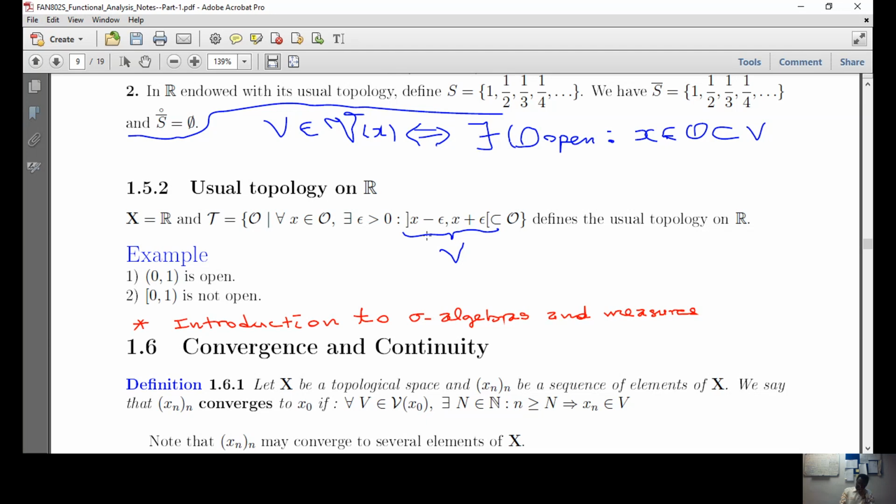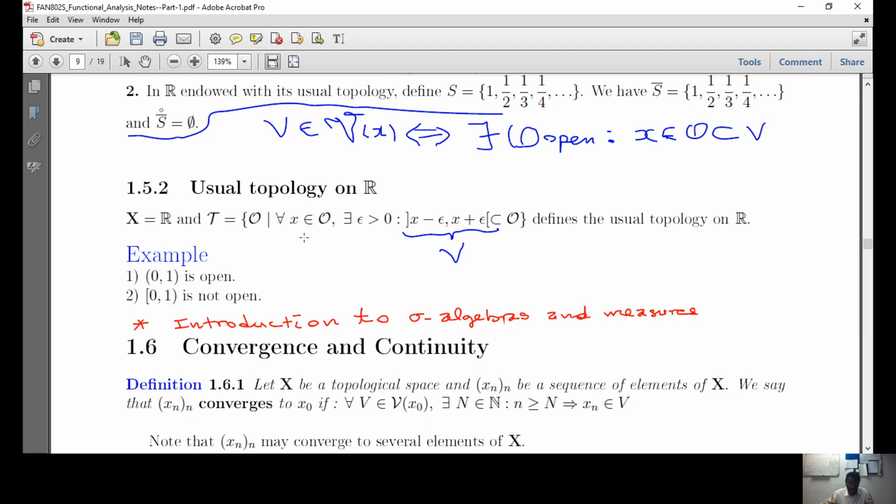So that's exactly the definition that we are using here to characterize the topology of R. So O will be open. That is O. Remember, topology O, any element of the topology is an open set. Now, what is an open set? It has to be a neighborhood of any of its points. So for any x in O, that is the open set for the topology of R,